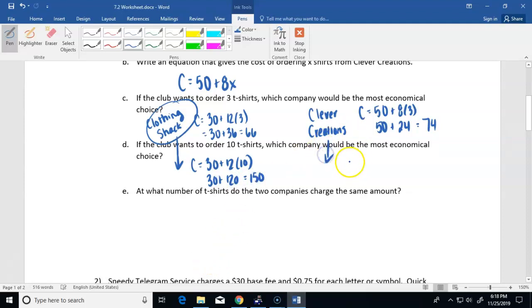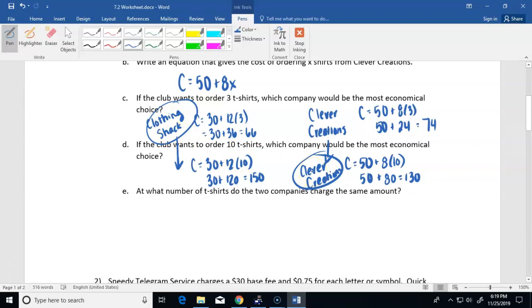For Clever Creations, we'll have 50 plus 8 times 10, which is 50 plus 80, which equals $130. So in this case, Clever Creations would be the cheapest. So we can see with fewer t-shirts, Clothing Shack is better, but with more t-shirts, Clever Creations is